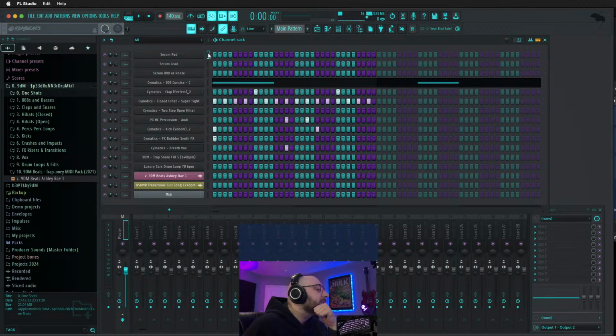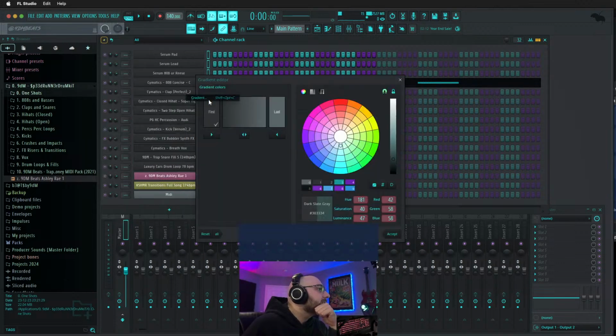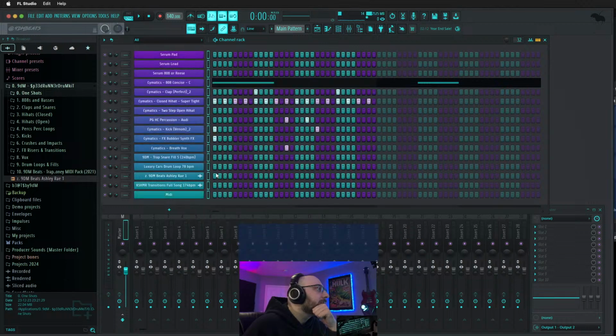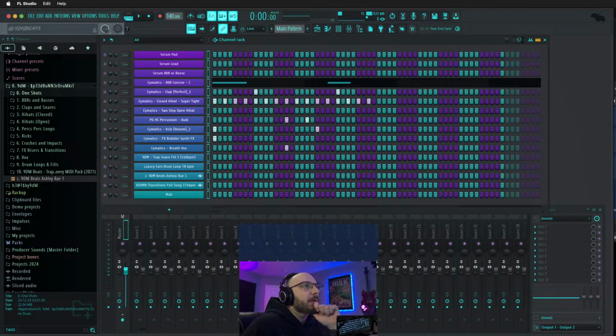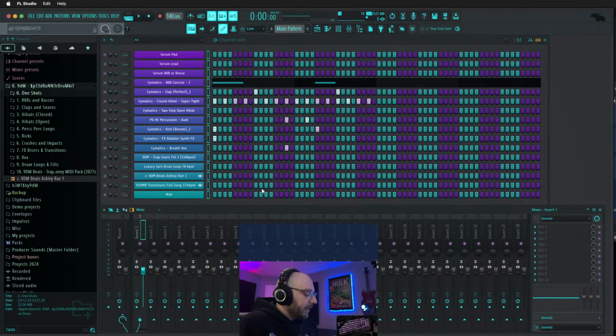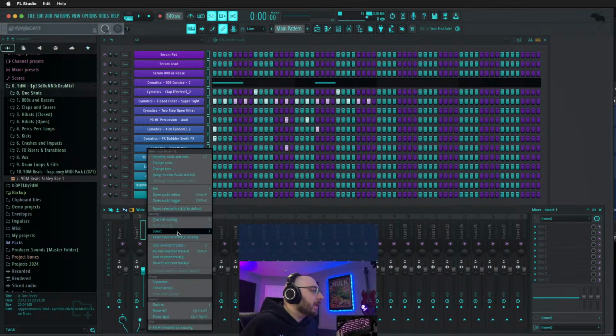So how do we want to color this? Because we can do a gradient. I'll probably just do the colors of this template I'm using. We'll start with the purple going over to the teal. That's fire. Okay. And we want this back at 64 bars. And now, with all this selected, we're going to come over here, right click,